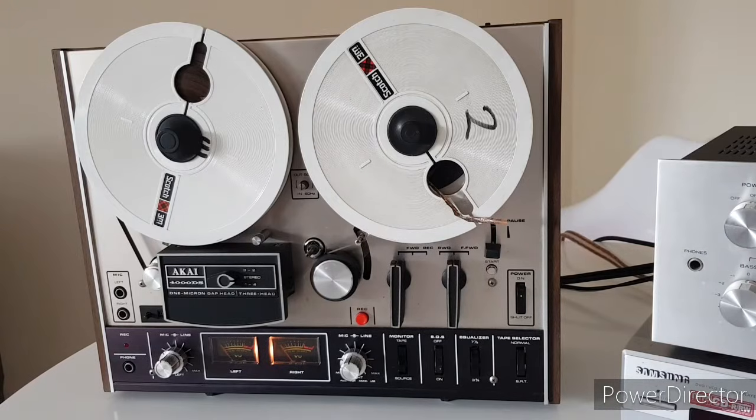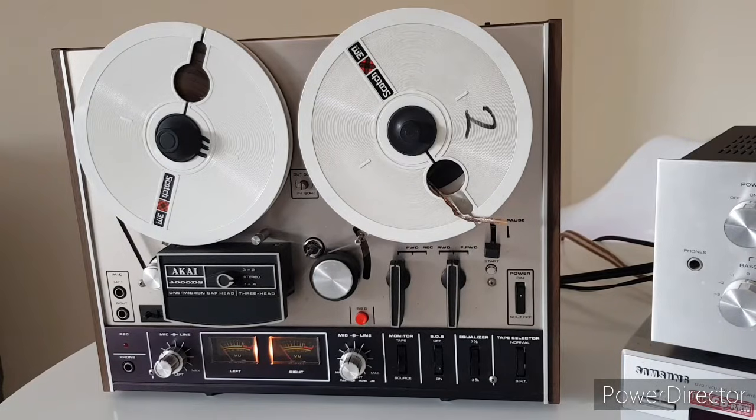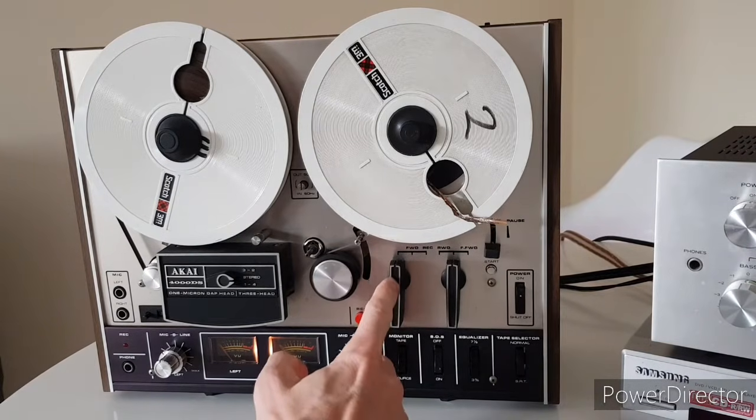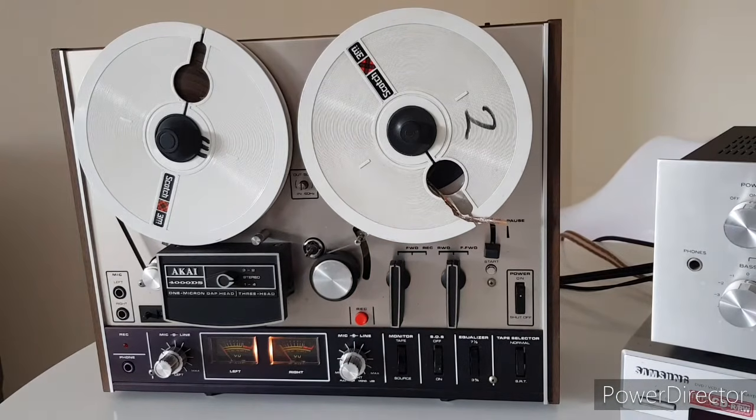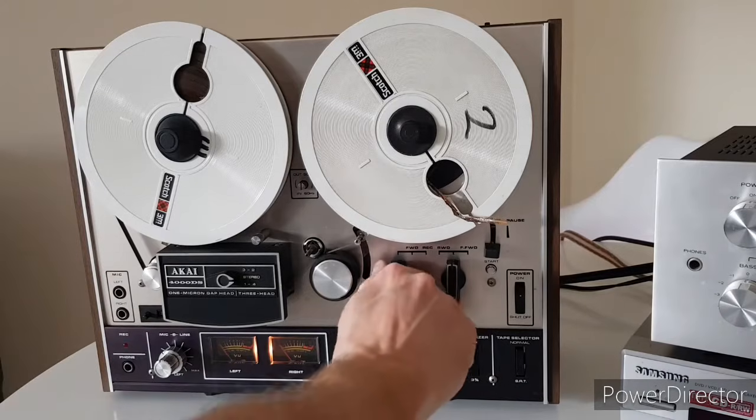I've recently got hold of this unit and it's in very good condition, although I had to fix the play cam, which is underneath this control, because an Achilles heel of this is they tend to just break up. So I managed to get hold of a new one, laser cut from a place up north, and it now plays really well. Just to show you,